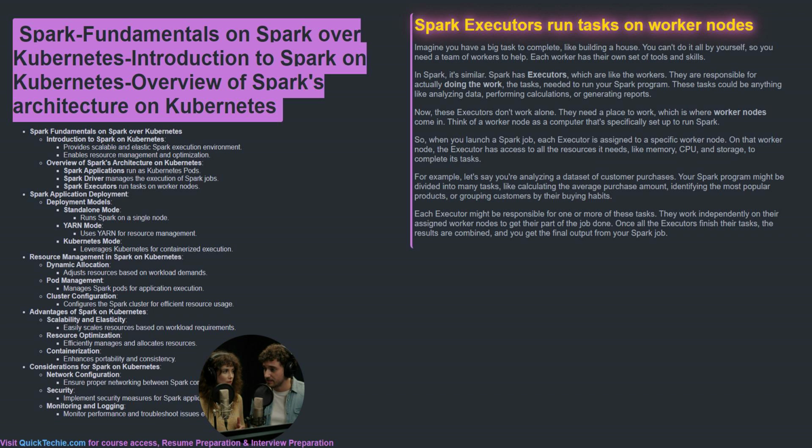These tasks could be anything like analyzing data, performing calculations, or generating reports. Now, these executors don't work alone. They need a place to work, which is where worker nodes come in. Think of a worker node as a computer that's specifically set up to run Spark. So when you launch a Spark job, each executor is assigned to a specific worker node. On that worker node, the executor has access to all the resources it needs, like memory, CPU, and storage, to